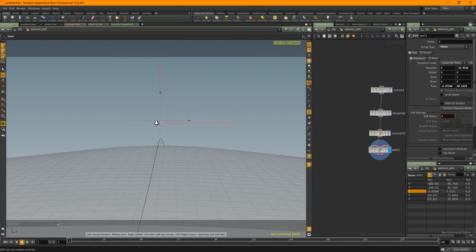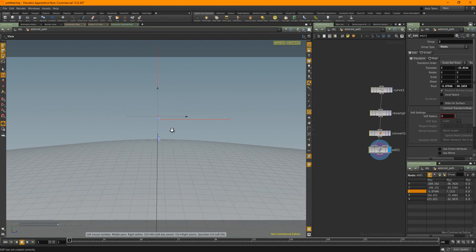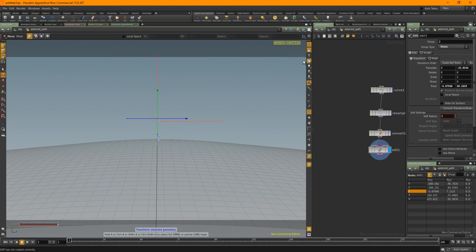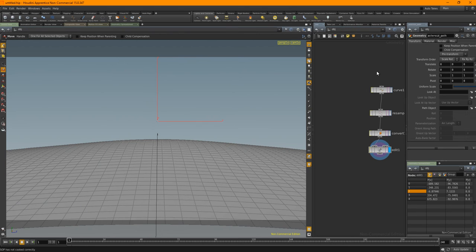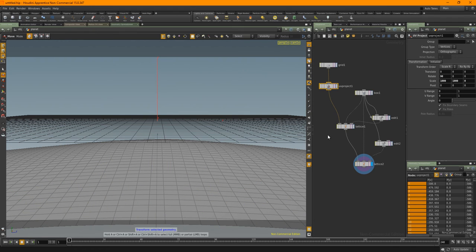See how far back we can go before we start to see the edges. It's about there, I would say. I'm going to go back into here and quite possibly turn those point numbers off.